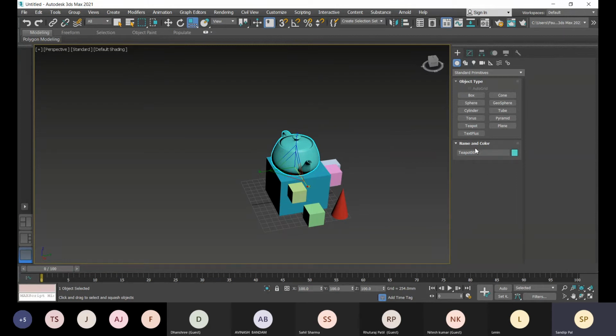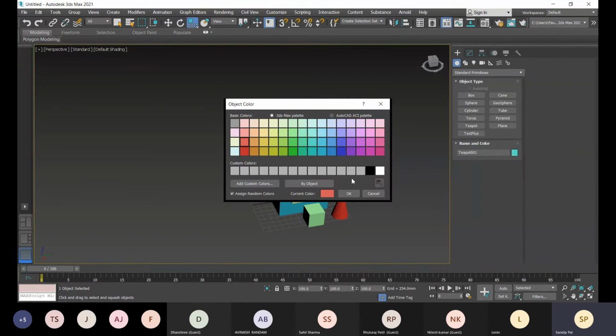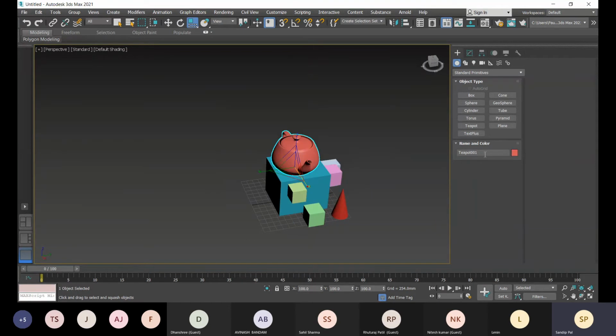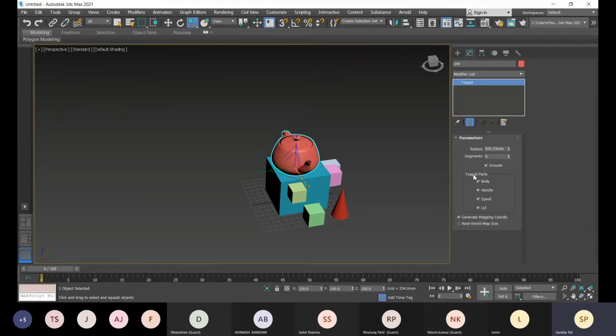And here you see name and color. You can change the name and the color. You can change it to pot. Now go to the modify option, and teapot parts can also be hidden.